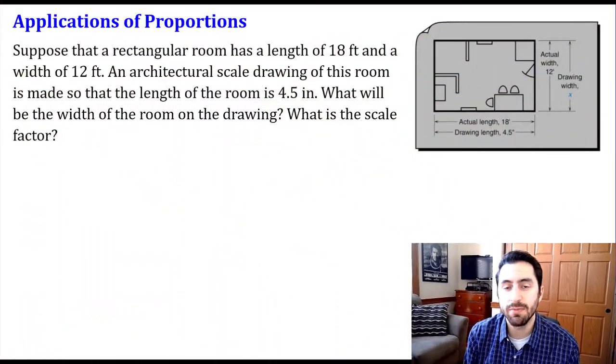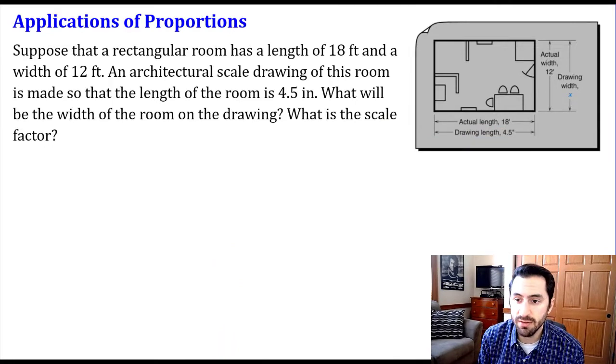unknown measurement. So the first example I have says, suppose that a rectangular room has a length of 18 feet and a width of 12 feet. An architectural scale drawing of the room is made so that the length of the room is 4.5 inches. Two questions I want to answer: what will be the width of the room on the drawing, and what is